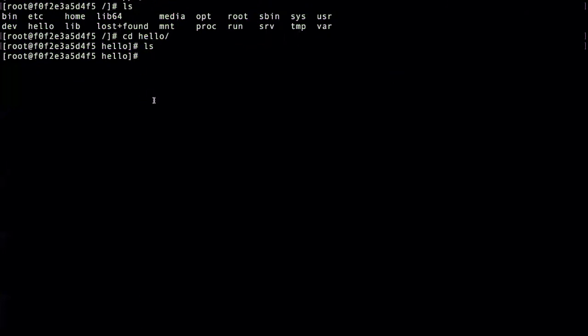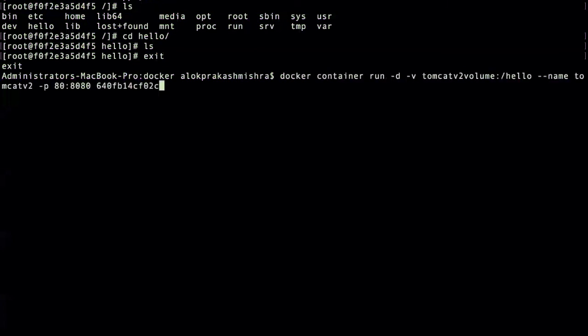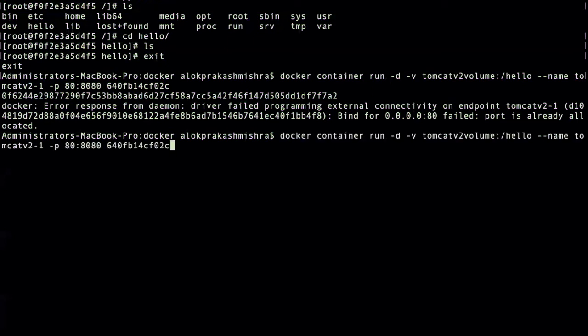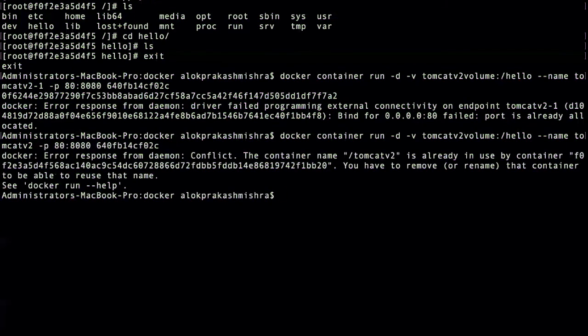Now let me exit out and create one more container. I'm just creating one more container, v2-1. Okay, failed. Oh, sorry, endpoint. Or else let it be the same container name. Sorry, it is already in use.